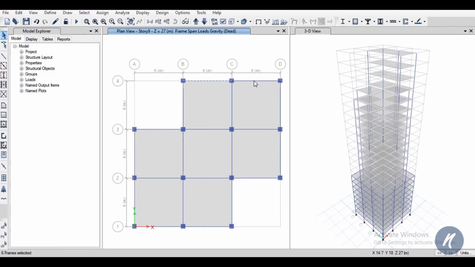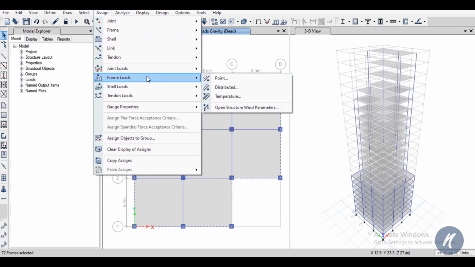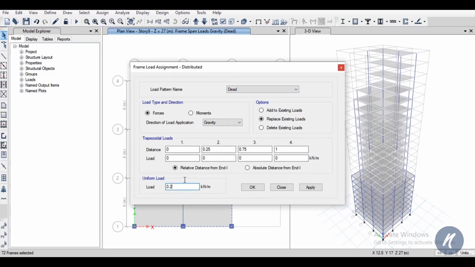Again we will select the exterior beams. After selecting these beams, now we'll go to assign frame load, distributed, 0.2 kN per meter, dead load, apply,